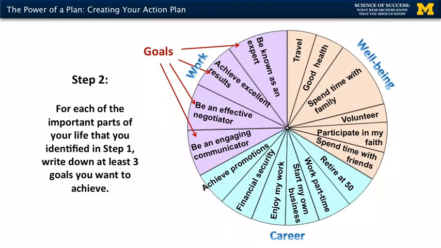If you have a well-being category, you might include goals such as becoming or staying healthy, participating in your faith, having time to engage in social justice activities, spending time with your friends and other people you love, or maybe finding someone to love. As tempting as it may be for you to strive for work-life balance, I recommend against using this as